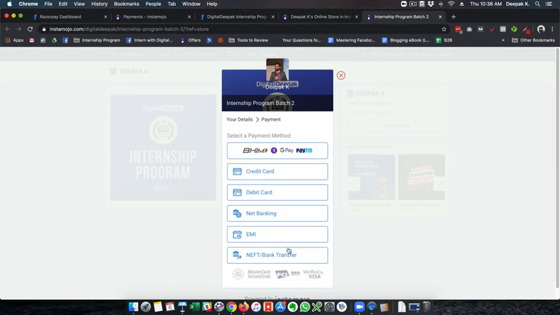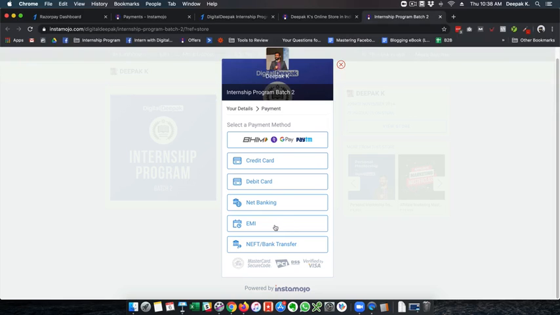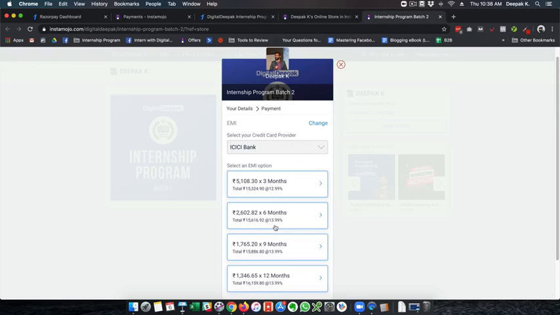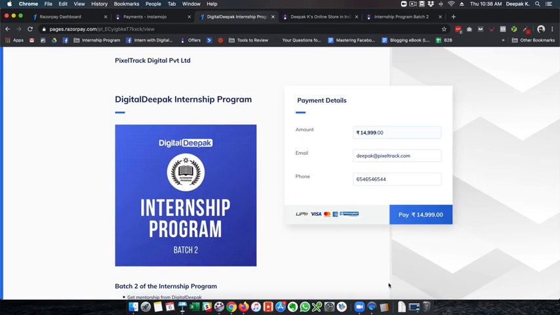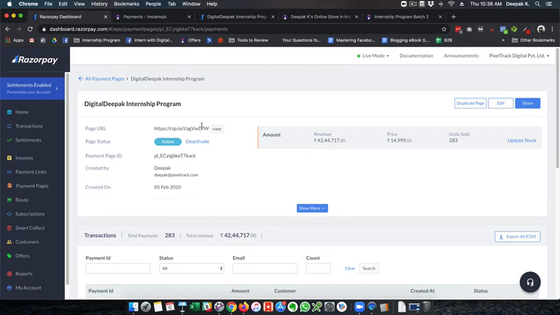Here you can see there is an option for EMI, but it's not cardless EMI. If I click on EMI, then there are multiple bank cards from which EMIs can be done, and we have 4 here. I think that's something that I have to enable at Razorpay for credit card EMI separately and send a support ticket about it.